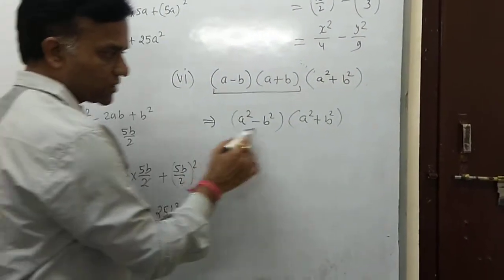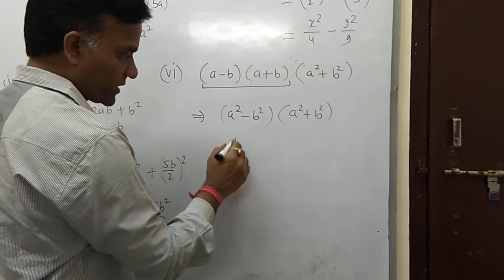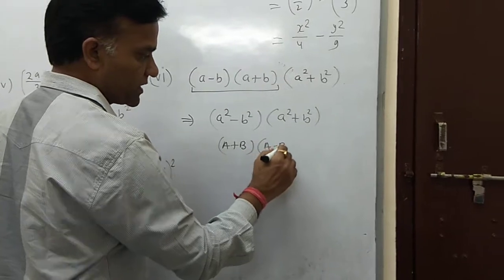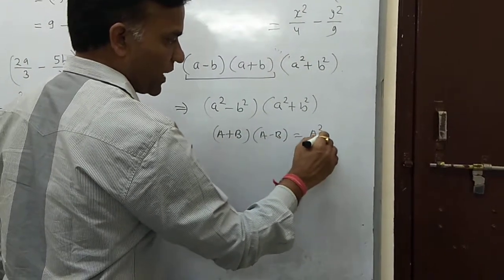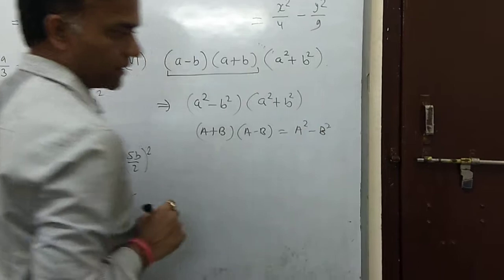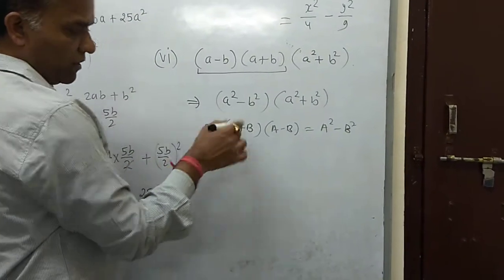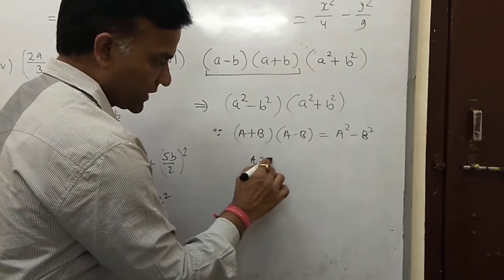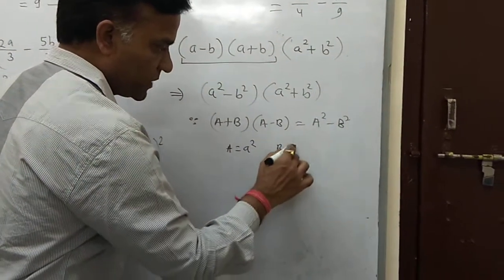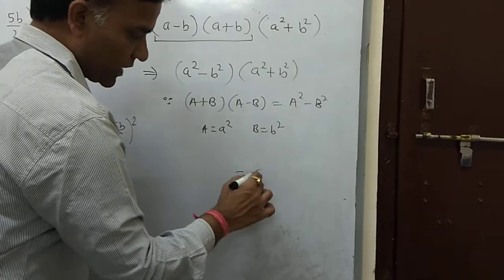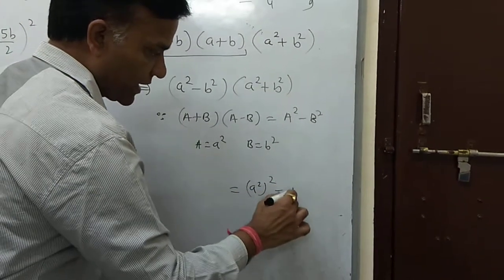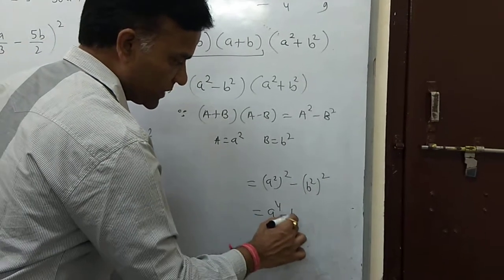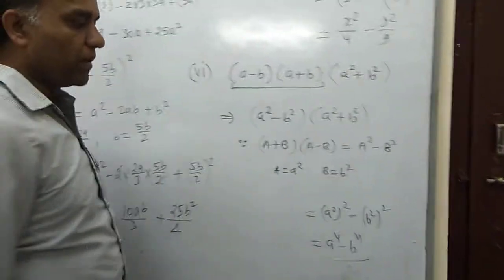Now again these two brackets, you use the concept of (a + b)(a − b). So we have A² − B² again. Since our identity is now converted to capital letters, and we know the value of capital A is a² and capital B is b², you can convert to (a²)² and (b²)². So your simplified form is a to the power 4 minus b to the power 4.